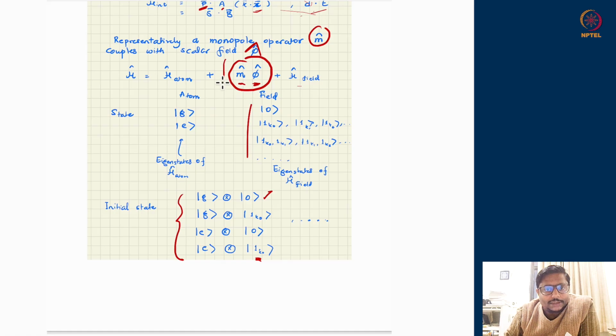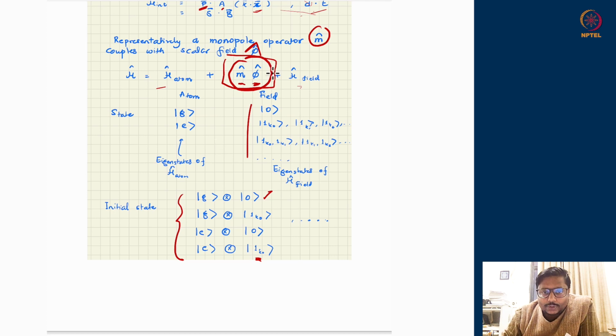If suppose this term was not there in the total Hamiltonian, then the full system would be governed by the atomic Hamiltonian and the field Hamiltonian. So the atomic Hamiltonian will evolve only the states on the atomic side, and the field Hamiltonian will evolve only the states on the field side. There will be nothing common, meaning they will be just separable. The Hamiltonian is separable, the state is separable, so their individual evolutions will also be separable. So nothing interesting will happen: the field will evolve with its own Hamiltonian, the atom will evolve with its own Hamiltonian, and no coupling means they will just evolve along as they do in standard quantum theory.